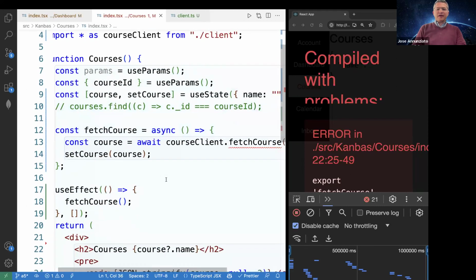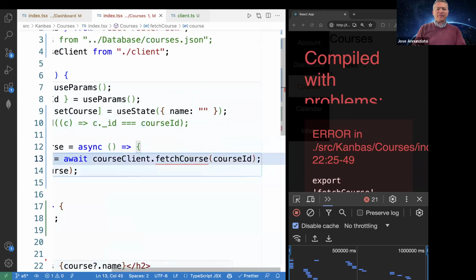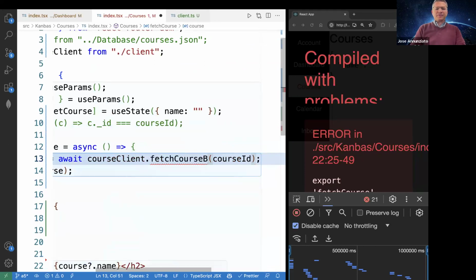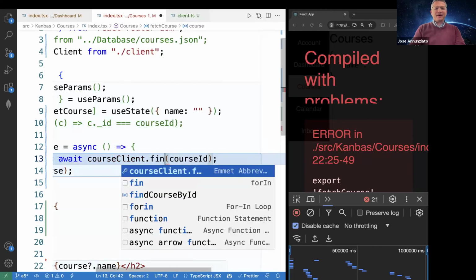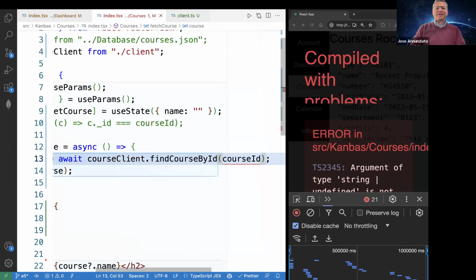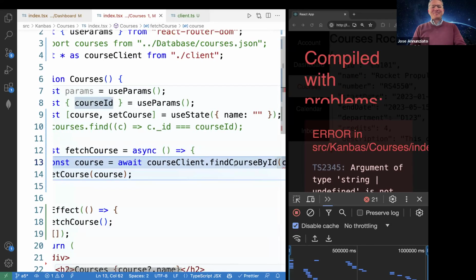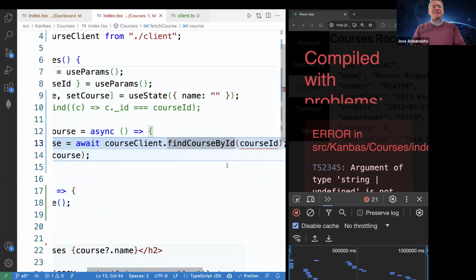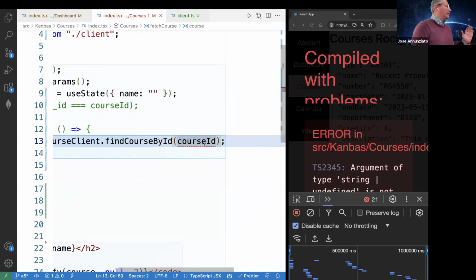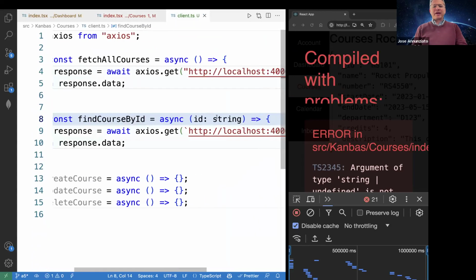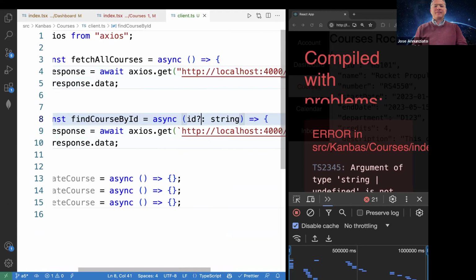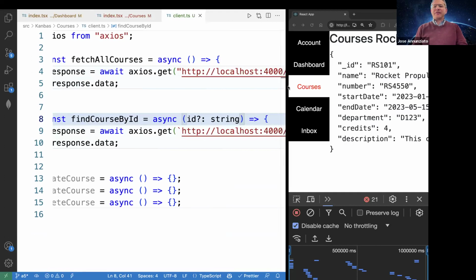Here's fetch course. Oh wait, no, fetch course by ID, I think it's called. Oops. Oh, sorry, find course. I knew that. I was just checking to see if you were paying attention. Notice it's complaining that course ID could be null, because I didn't type the actual ID at the end. So we could declare this here as, there we go. See that? It's fetching the course